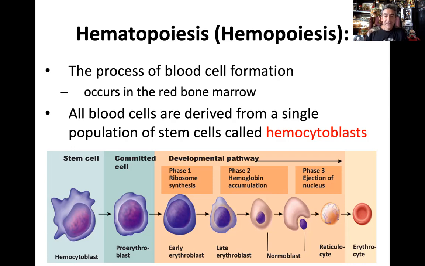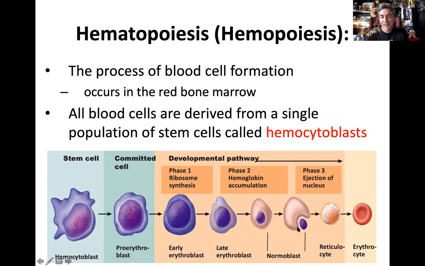So just kind of looking here at the pathway, right? The stem cell, because of certain signals, certain hormones, certain cellular factors, now becomes committed to becoming a red blood cell. So it's signed the letter of intent. I'm going to become a red blood cell, yeah? And basically, there's a process that happens. We shift from a pro-erythroblast to an early erythroblast, a late erythroblast, a normoblast, and right here,